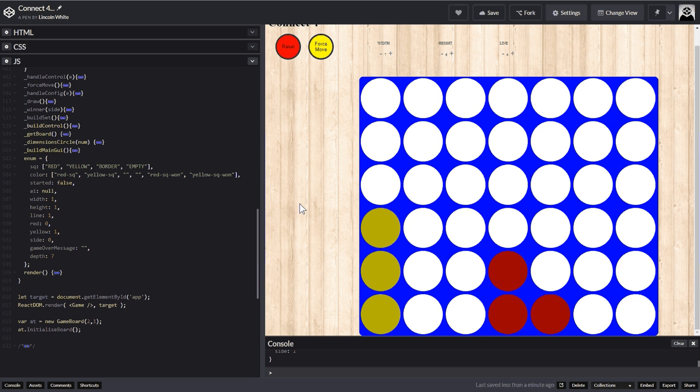Now this is a known issue with React. And the reason it's doing it is because how React works is the render function is asynchronous, so it doesn't block the code. So what it does is, when I do this set state,